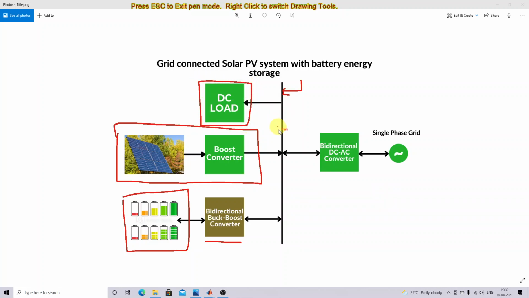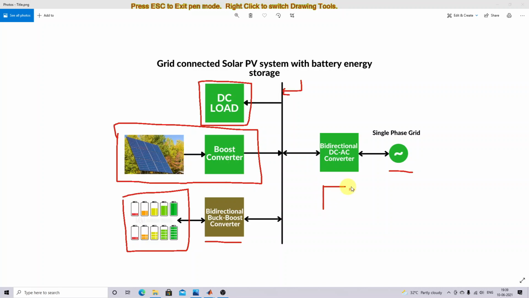and also this system is going to be connected to the single phase grid via bidirectional DC to AC converter, or bidirectional converter. So here we are going to create some logic, that means for sending power from solar PV with the batteries to grid, and also purchase the power from the grid to the solar PV with a battery system, right? So for that we have created some logic.